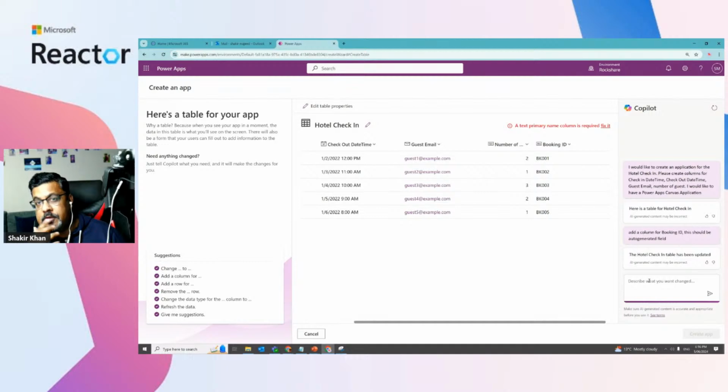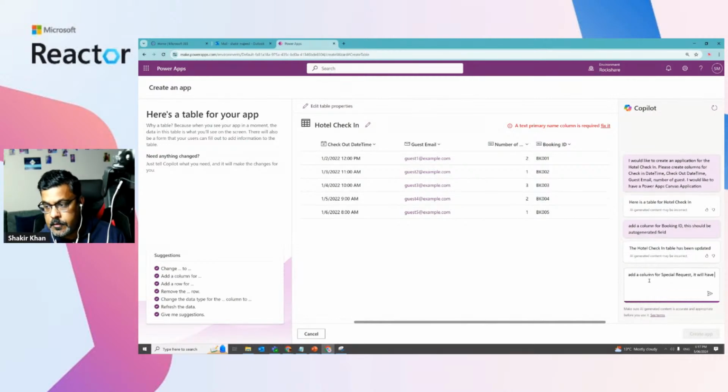So I would just have a special request that says just leave my keys outside your office in the key box. So I would say please add a column for